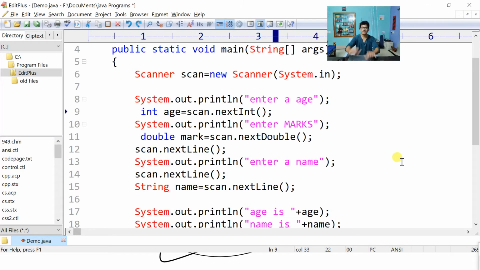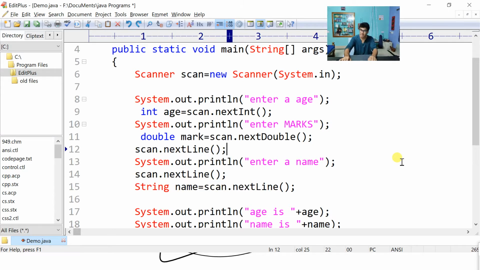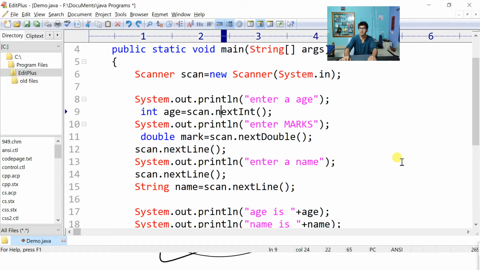So what is the overall thing you have to understand here? You have to look: in my program, am I using the nextLine method? If you are using nextLine, then before it, are you using any other method other than nextLine? Yes, you are using nextInt, you are using nextDouble.